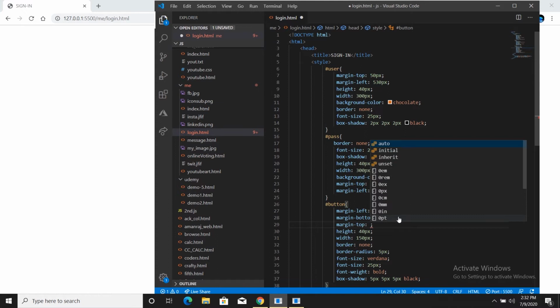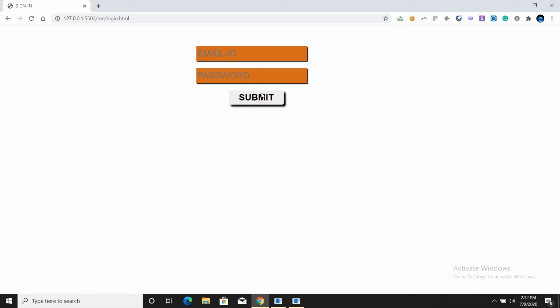The margin top will be at 20 pixels. Now come to the output. You can see it is coming in a nice order. Now we have to work with the background part. Either we can give some background color, or else I can give a background image. I will go with the background color and with some shadow styles. So the shadow part actually will give you a 3D effect.